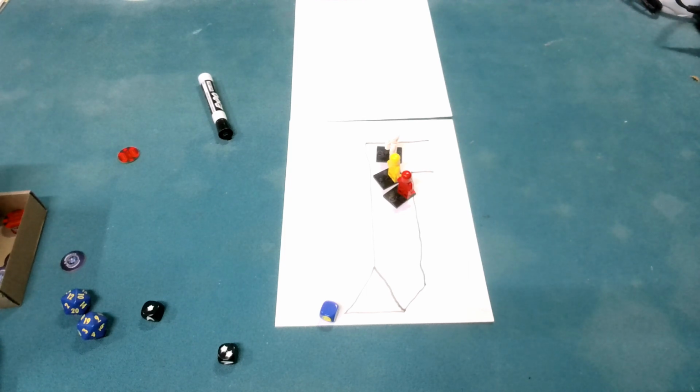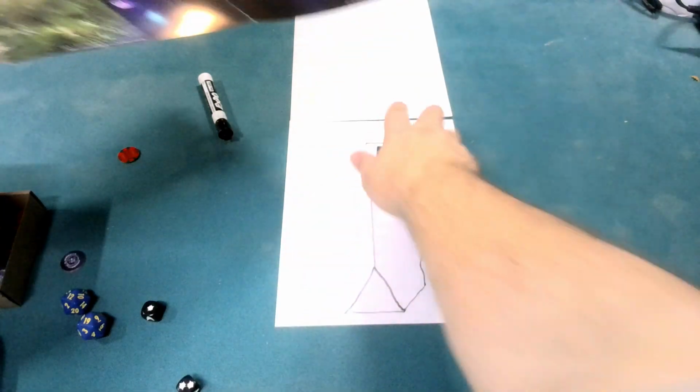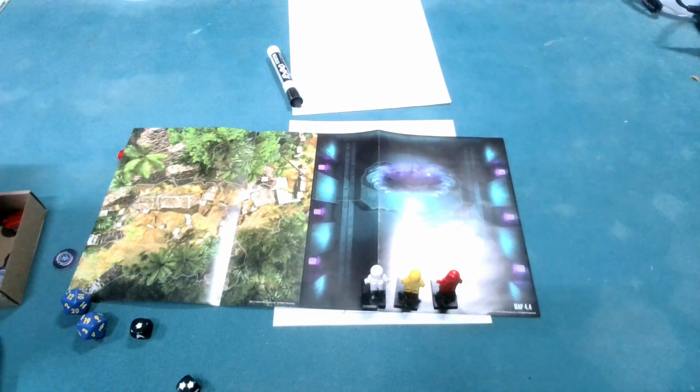So, we do have a map for this one, I believe. Map 4-4. Alright. So let me get the map out here. 4-4. Alright. So, we are going to be walking in. This is 4-4 here, as you can read. Alright, and we're standing something like that. So,